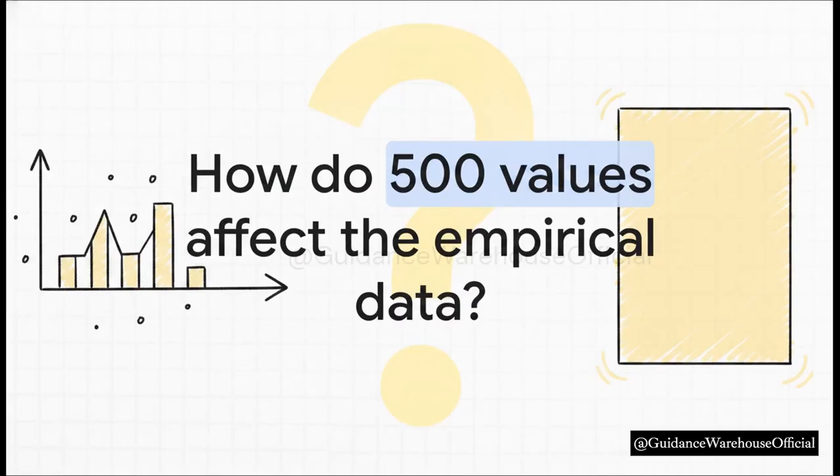And that leads us right into our final discussion question. If we generate 500 values instead of 50, how does that affect what we expect the empirical data to be, and how does it change the shape of its graph? Well, as you drastically increase your sample size, all that random noise and those jagged humps we saw on the histogram basically begin to vanish. The empirical data starts to flatten out and actually match that perfect theoretical expectation much, much closer. This incredible phenomenon is known as the law of large